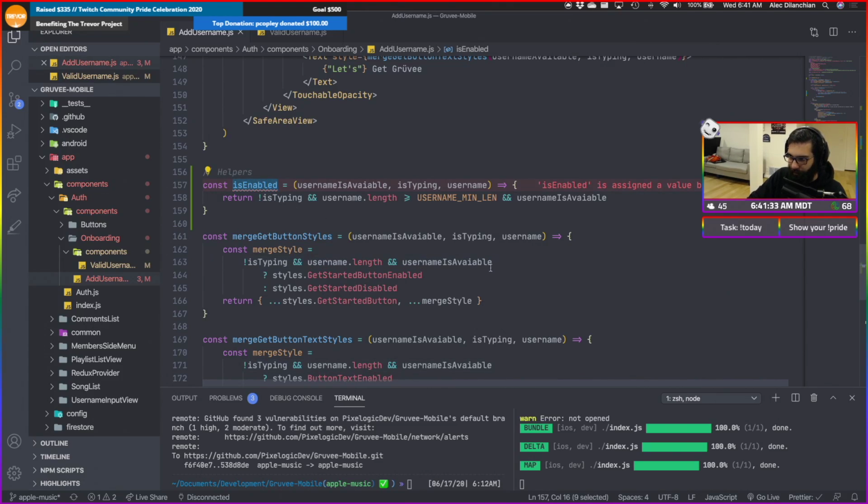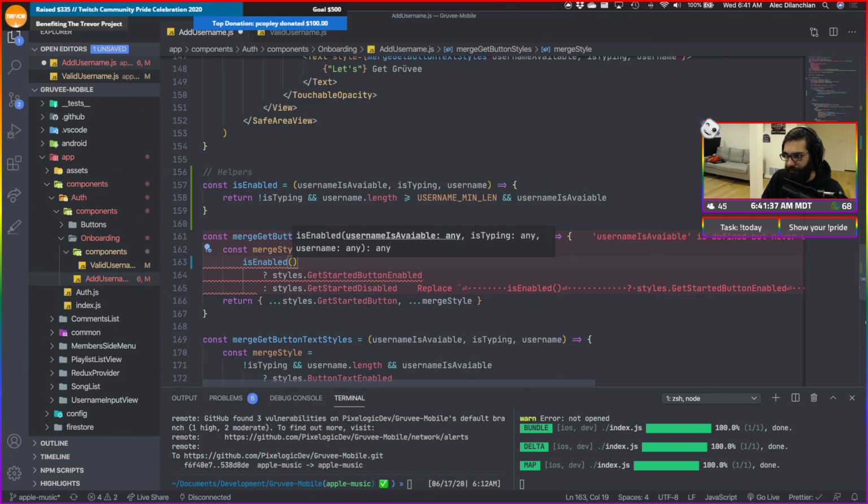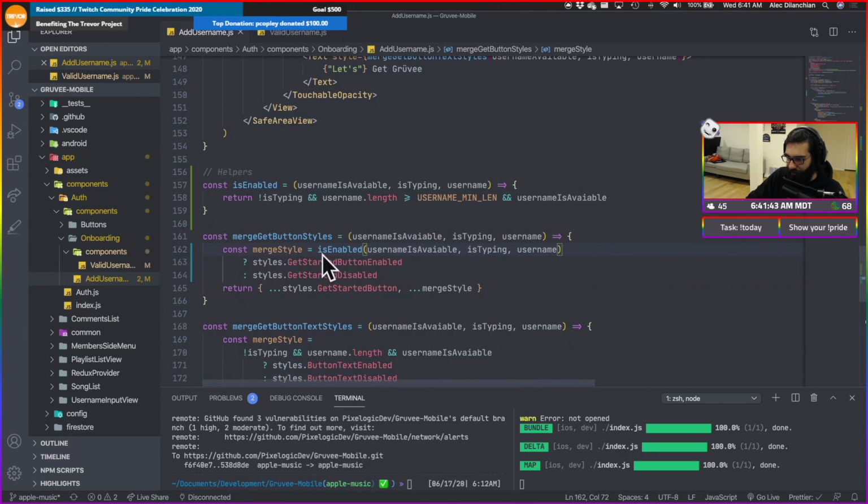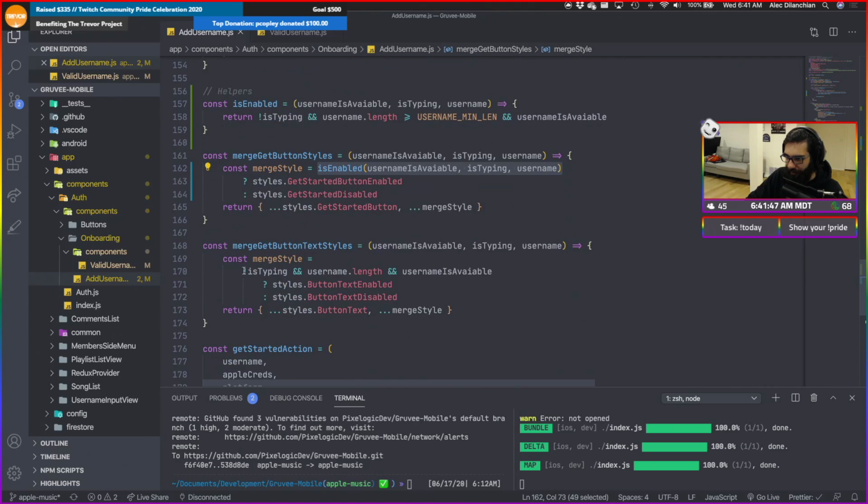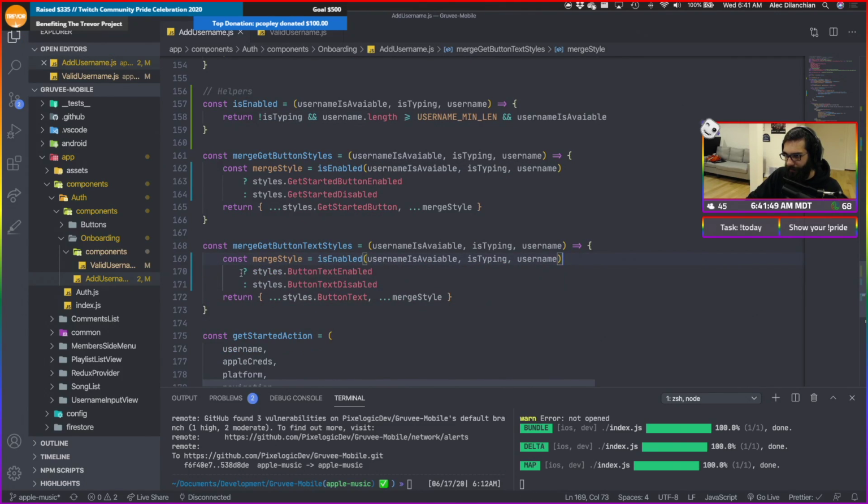Oh, I keep pressing the wrong button. Is enabled is going to be passing in literally all this. Much cleaner. Now we can do it all in one go. And then same here. Cool, easy.